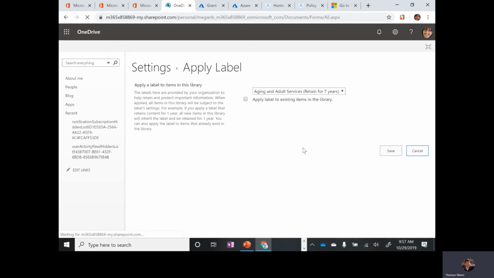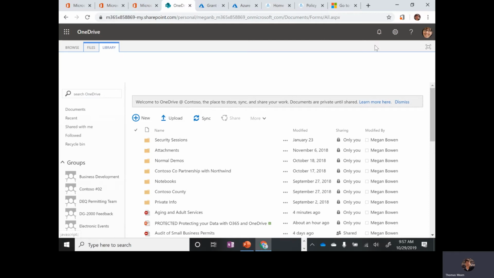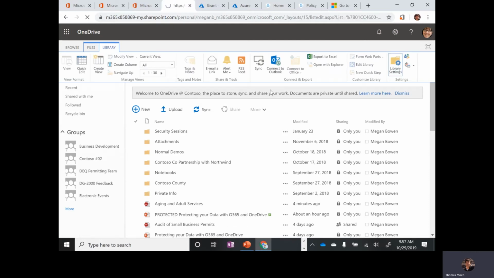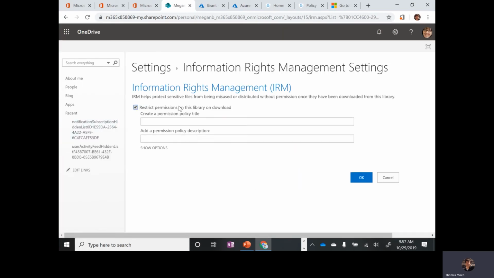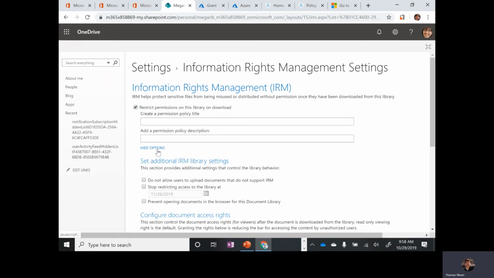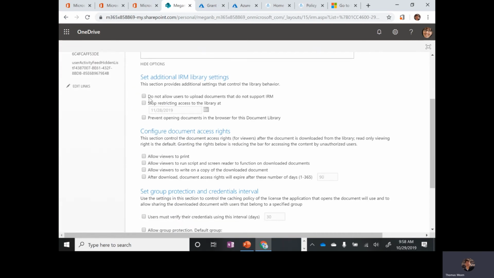The other nice library setting capability that you have here is an ability to apply rights management or to apply permissions for a document library. You can set permissions, but we also can restrict permissions on a particular group, or we can say, hey, don't allow files that aren't uploaded, or maybe I've got something that's confidential today, but I know on